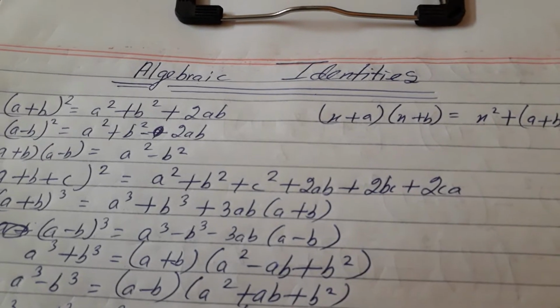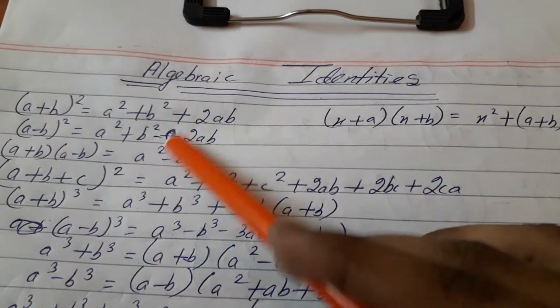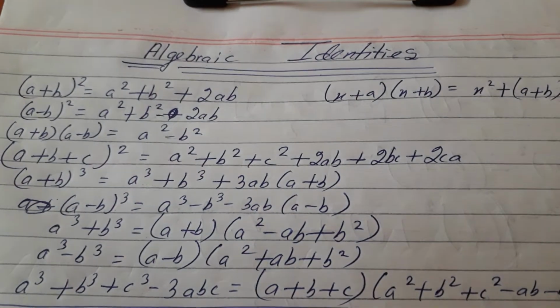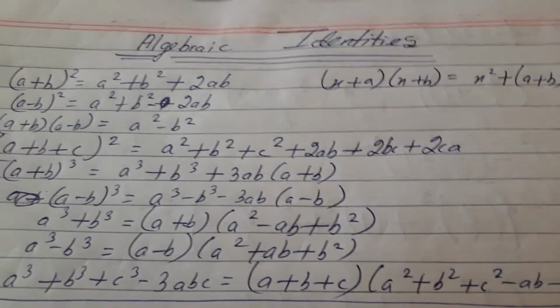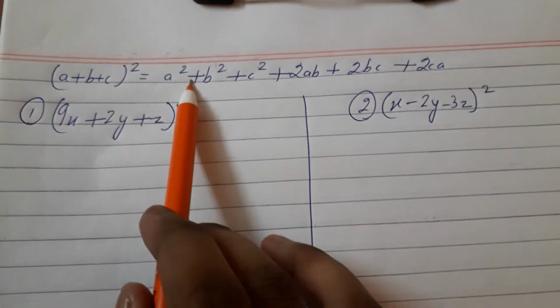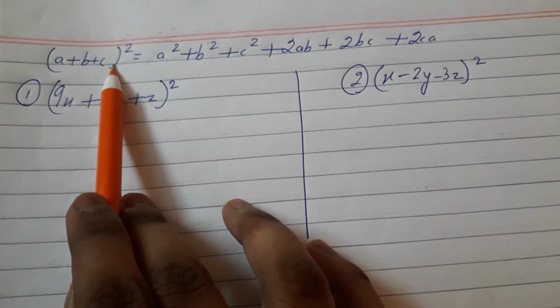I have already solved the sums which are based on these three algebraic identities. Today I am going to solve the sums which are based on these algebraic identities. So let's start. The next algebraic identity is (a + b + c) whole square, which is